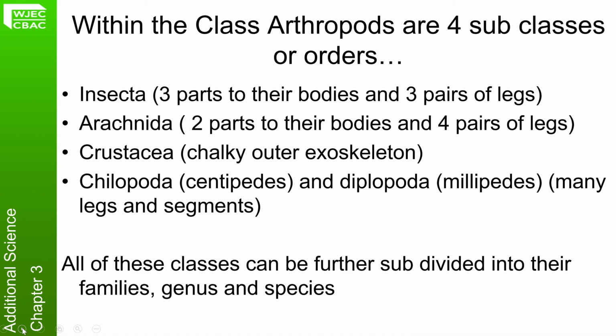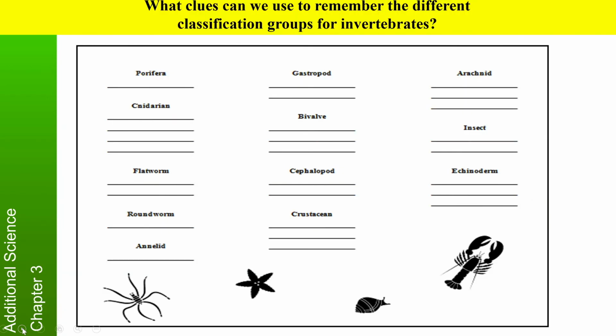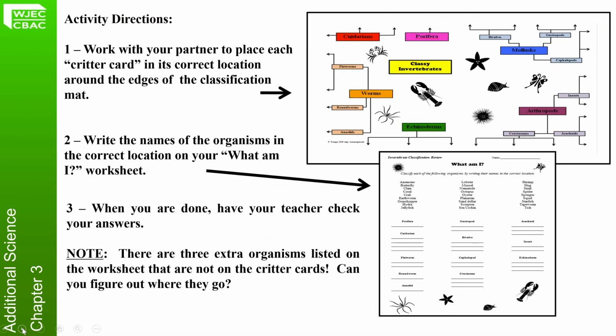If you print out the invertebrate cards at the back of the booklet, you can try the task Class C Invertebrates to identify the groups each organism belongs to on page 7. So you need to fill in this page. These are the activity directions,